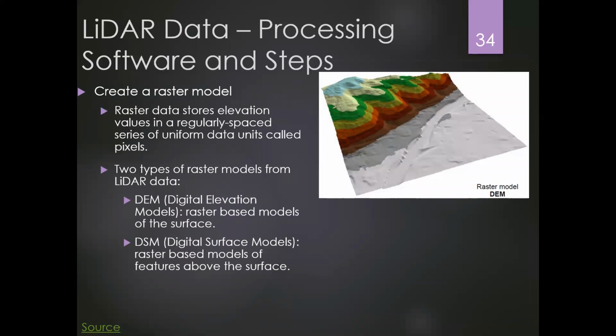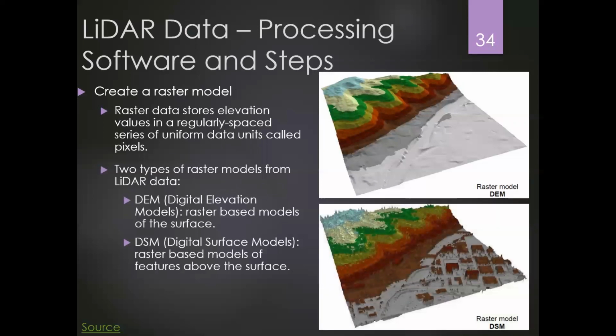It is trying to provide information about the surface of the Earth. This is DSM. We have a lot of small spikes here compared to DEM. That's because DSM is usually produced by the first returns. The first return, for example, for a tree, is usually produced by the top of the canopy. That's the reason why I told you that DSM is giving you the elevation of the top of the tree